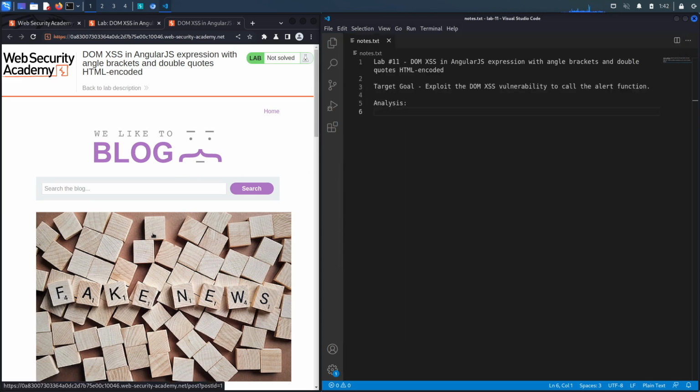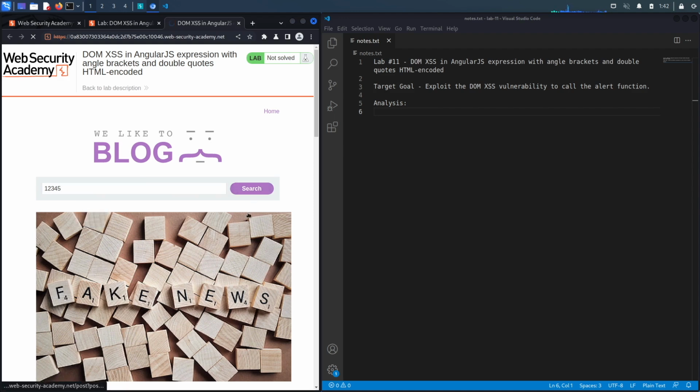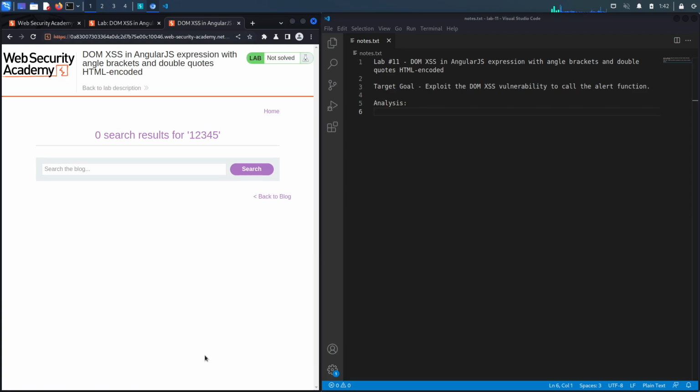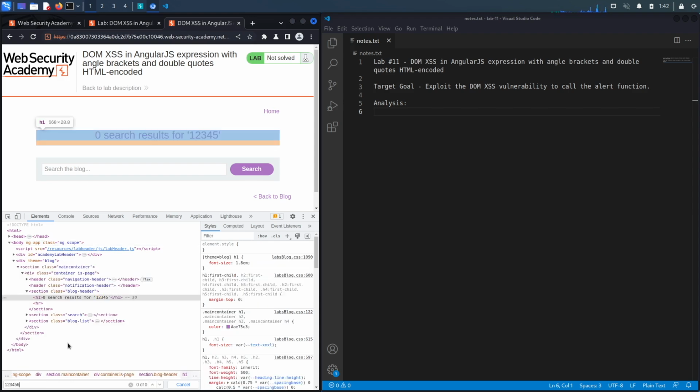As usual, the first thing to do is map the application and see if any user-supplied input is potentially changing the document object model. So the first thing we're going to do is put in a random string over here. Let's say 1, 2, 3, 4, 5. Click on search and then view the page source. So let's click on inspect and do a search on our string. So Control F, 1, 2, 3, 4, 5. And you could see over here there's only one match, which is what is reflected to me in the heading